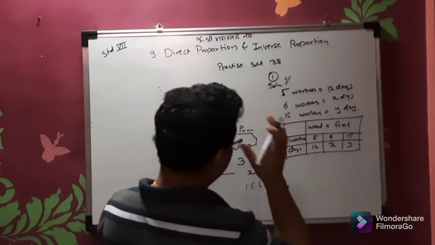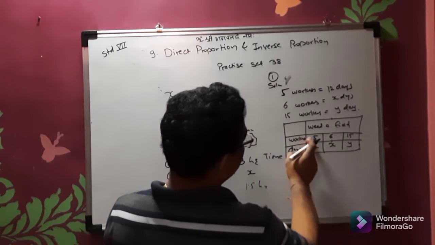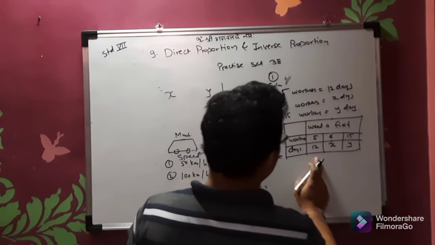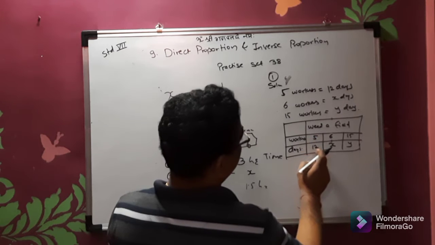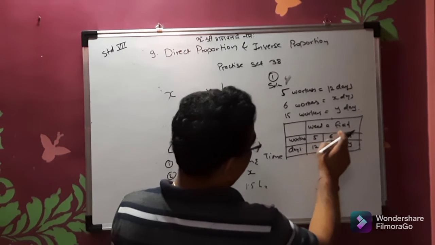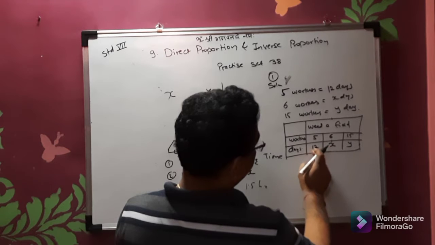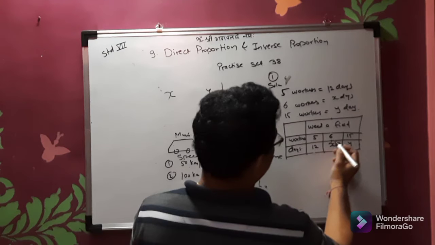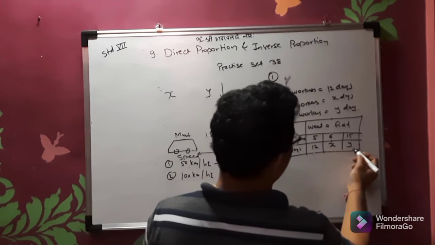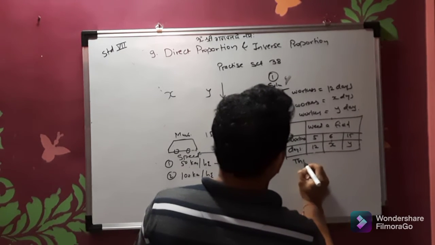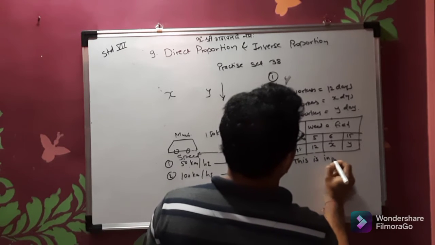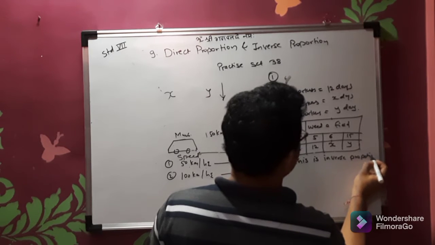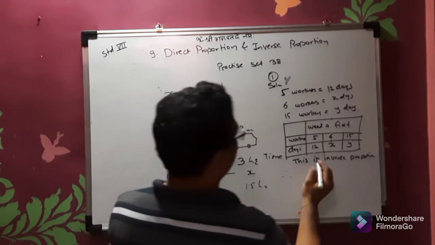So if you see, when there is an increase in the workers, there should be a decrease in the working days. So for 5 workers, it required 12 days. जब भी वहाँ पे 6 वर्कर रहेंगे तो डेफिनेटली 12 से कम दिन लगेंगे. So 5 workers take 12 days, 6 workers will take x and 15 workers will take y. So this is an inverse proportion.